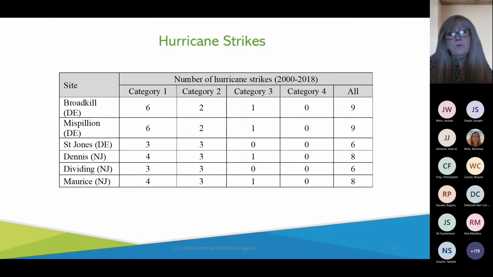So how close the sites are to each other, how close they are to the coast compared to being further upstream, and also what the shoreline exposure is relative to the direction of typical storm travel. So for instance, we might expect differences between the New Jersey and Delaware sides of the coast. And in fact, we saw both of those kinds of differences in number of strikes, even though the numbers were